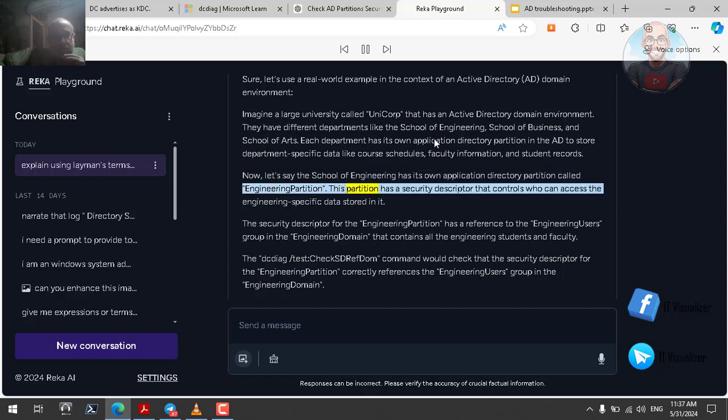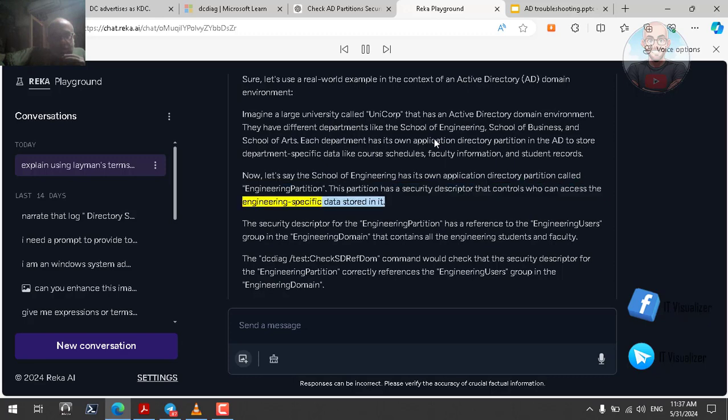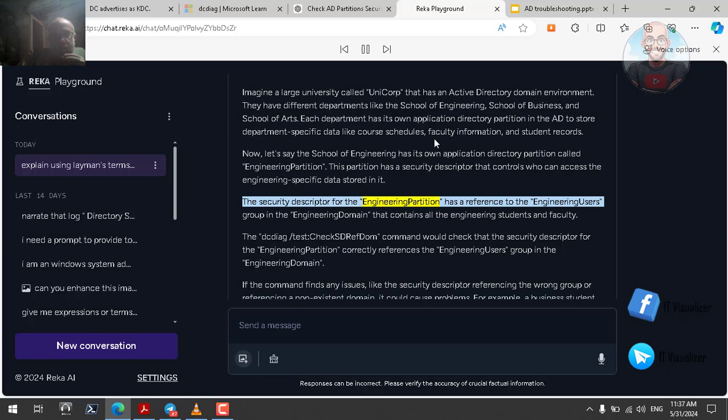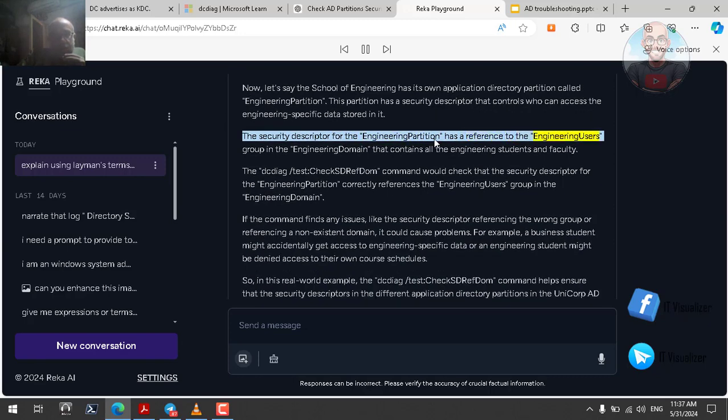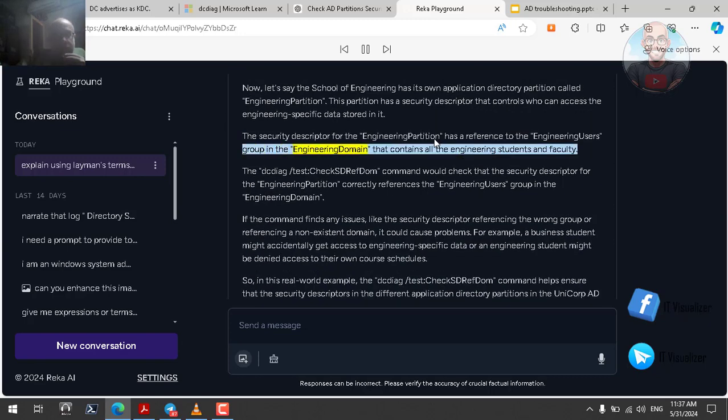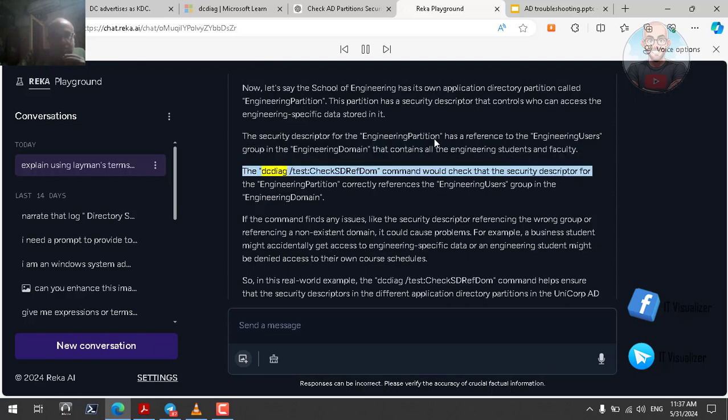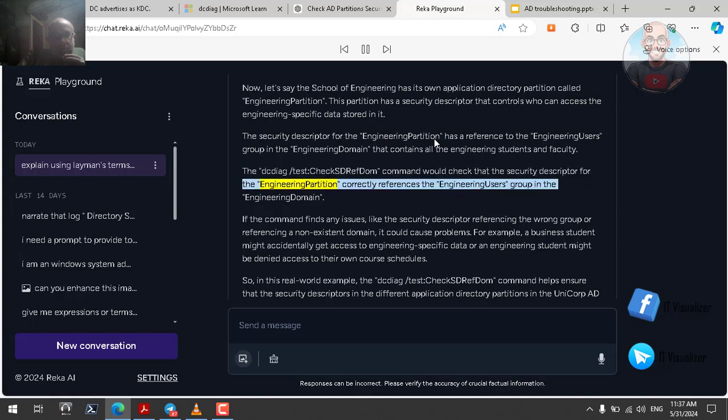This partition has a security descriptor that controls who can access the engineering-specific data stored in it. The security descriptor for the engineering partition has a reference to the engineering users group in the engineering domain that contains all the engineering students and faculty. The DCDIAG /test:CheckSDRefDom command would check that the security descriptor for the engineering partition correctly references the engineering users group